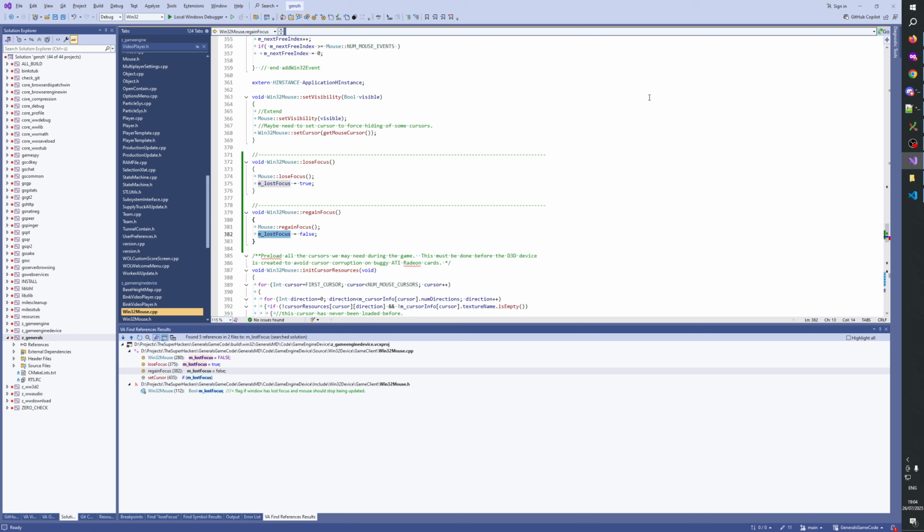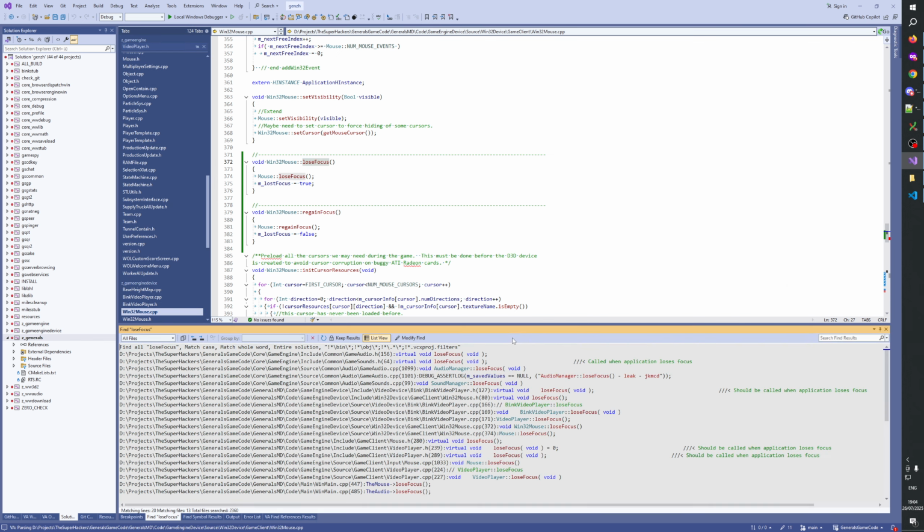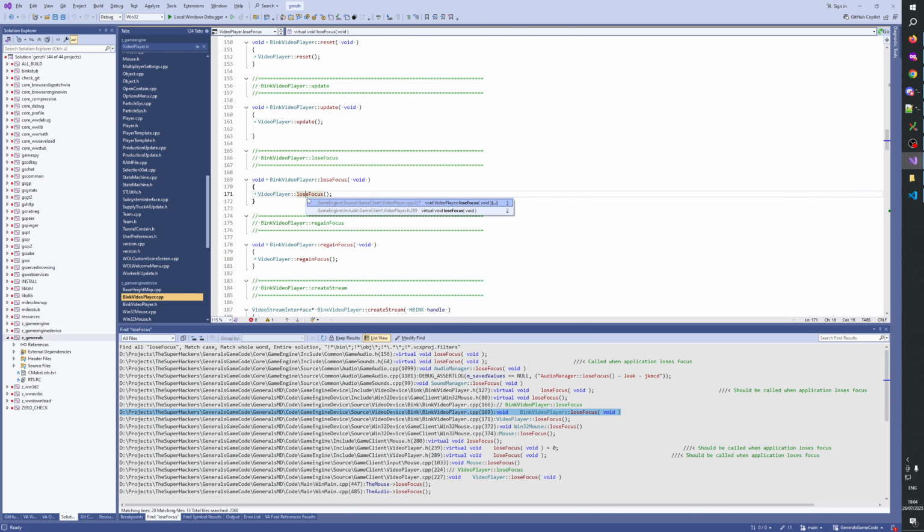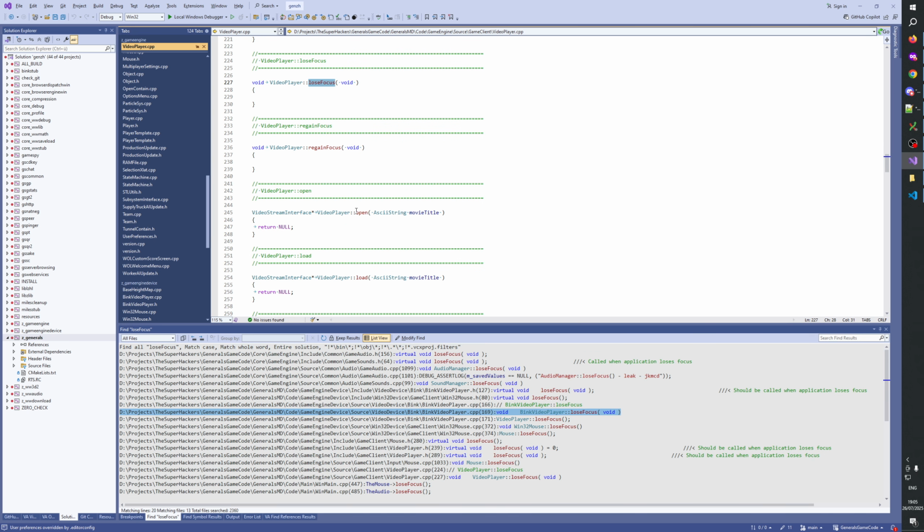I'm wondering how do other, let's look at the other call sites if they do any checking or if they all just expect that the events work properly. Let me see. Bink player does nothing.